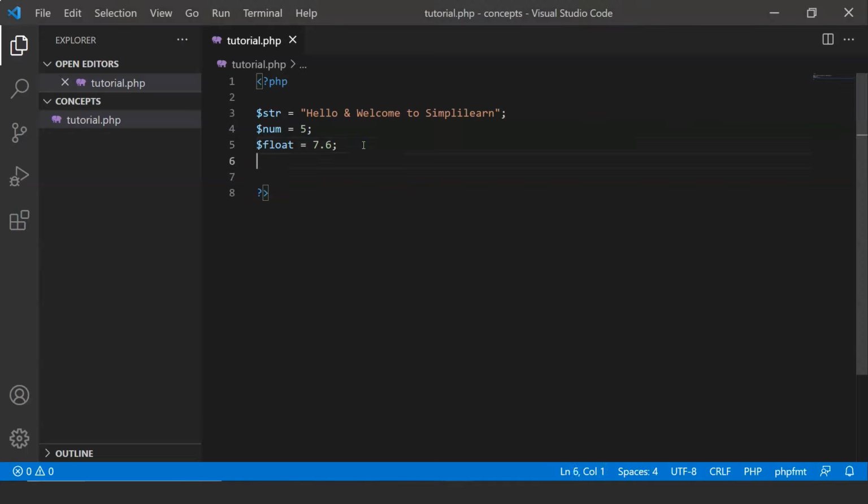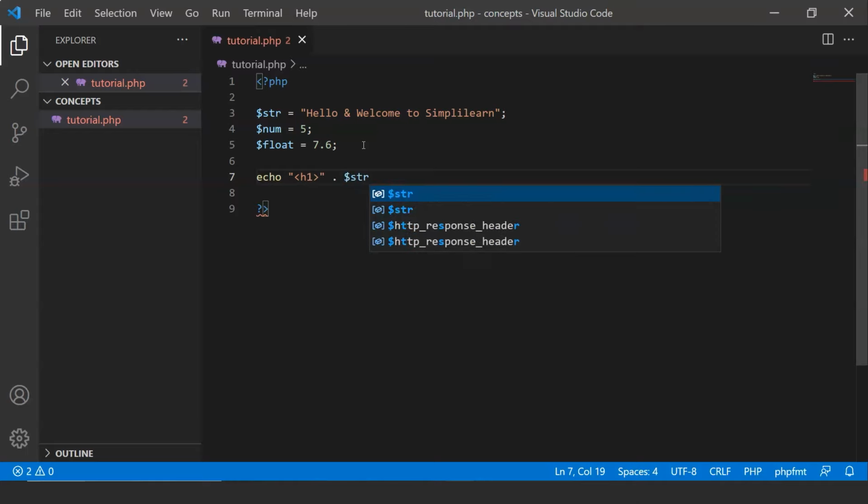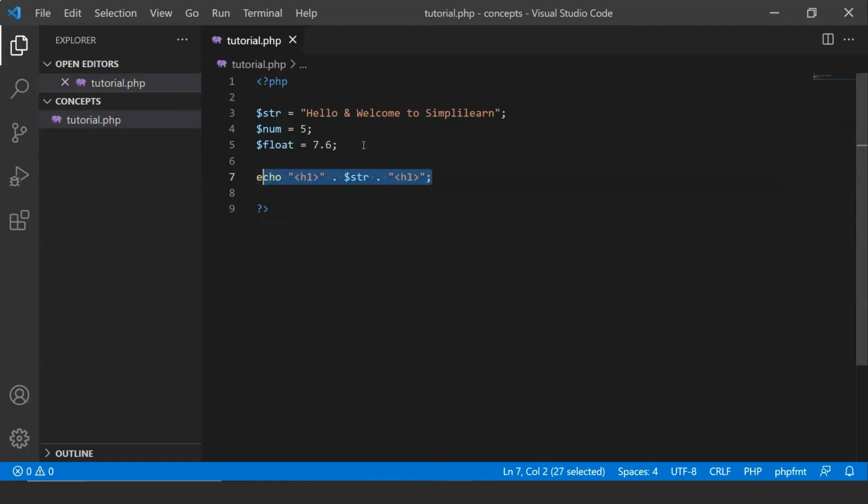Now to print this we can use echo, but when you want to print a variable in echo you need to do things a little differently. So let us start with h1 heading. Now to print a variable, what you need to do is you need to use dot followed by the name of the variable, that would be str, and another dot followed by, if you want to type something along with the variable, I'm going to copy this code